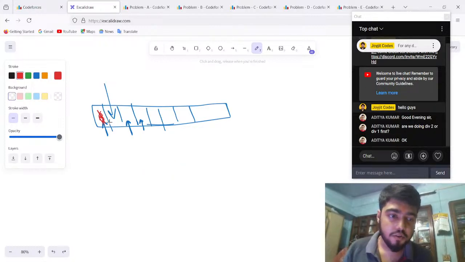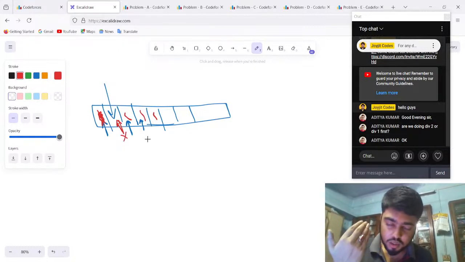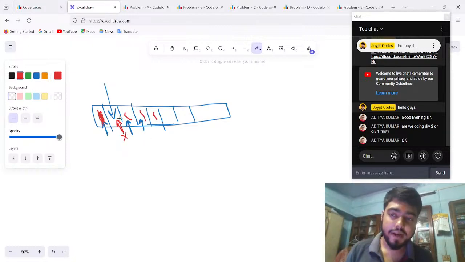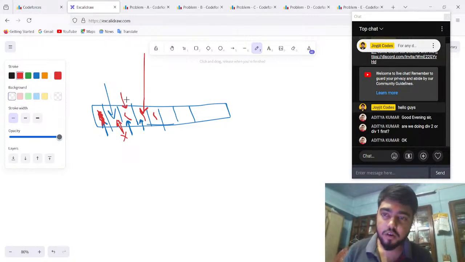As I was telling you, if you're coloring this red, you can color this red or this red, but you can't color this red. You have to color something else. Now, the most important approach that may come to your mind is, if I'm coloring this, can I skip this and color this? Think about it this way: if you skip this and color this,